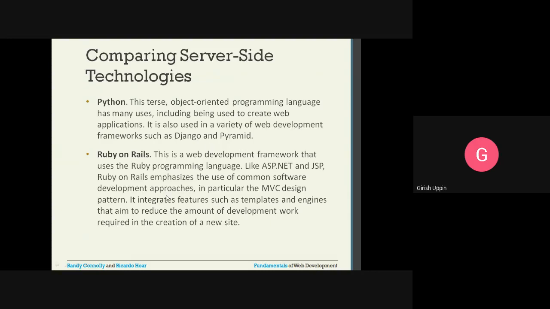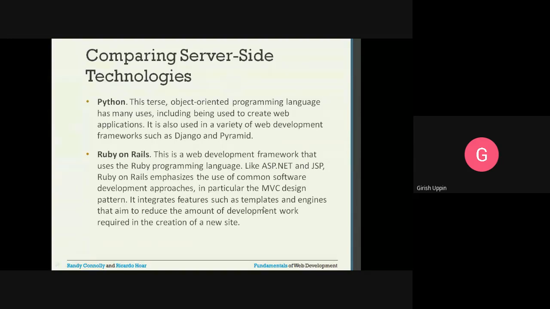Ruby on Rails. This is also one where very limited applications use this particular technology. This framework uses the Ruby programming language, and similar to ASP.NET and JSP, Ruby on Rails emphasizes the use of common software development approaches, in particular the MVC design pattern.